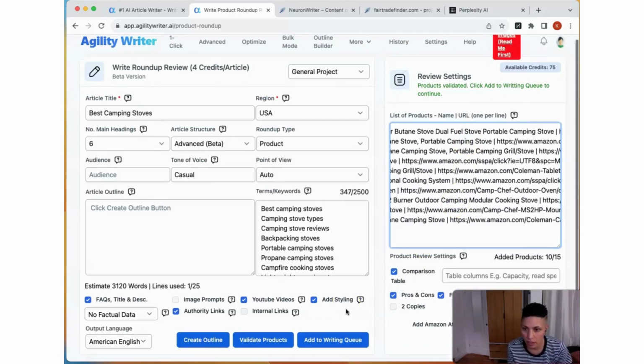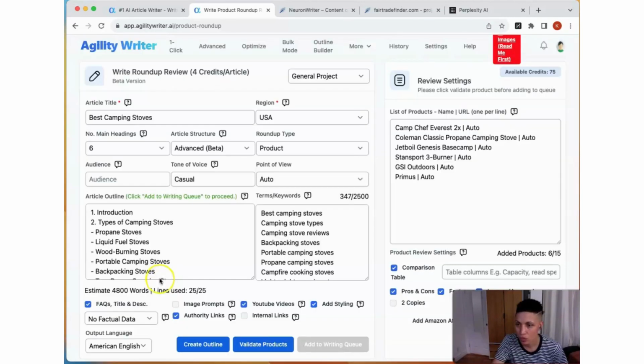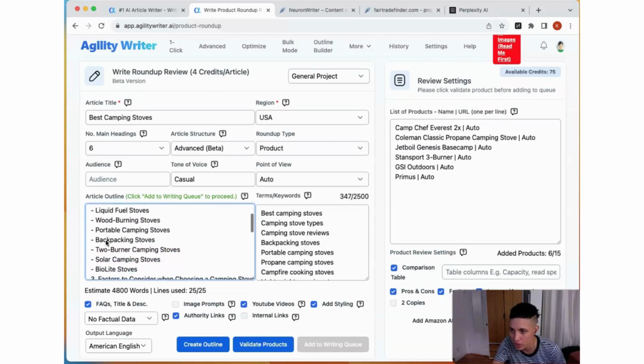And so now that that's all done, we are going to create our outline. And this is where AgilityWriter basically shows us what type of article it's going to write, the different sections of it, so you can get an idea of structure. Okay, so we see this is the type of article it's going to write. It's going to start with an introduction, then it's going to go over different types of camping stoves, and then